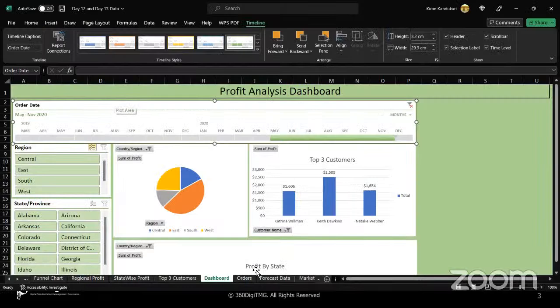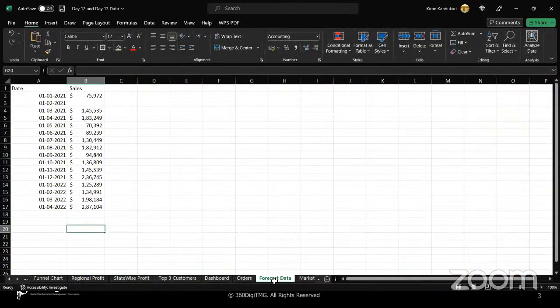Yesterday itself, the data has been shared with you, which is called forecast data. You can just see that data is there. Now we'll use this data to perform forecasting in Excel. One thing you have to keep in mind is that if you would like to use the forecast feature,